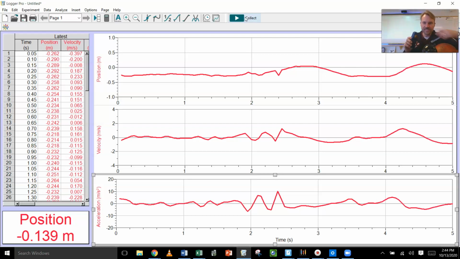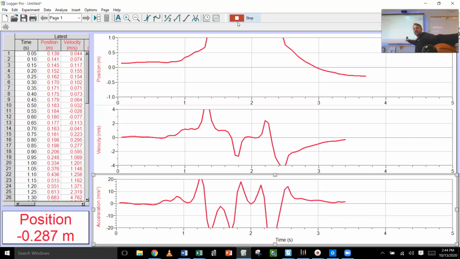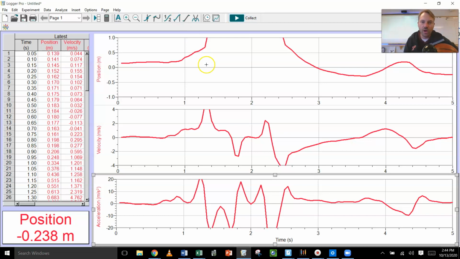It's sonar. It's sending out a click, and it listens for the reflection off of an object. From the whole velocity equals distance over time, because the speed of sound is 343 meters a second, it knows how far away you are. So it compiles all the data over here, and then it graphs it over there. So I can look at position. I'll point it at the back wall rack here. Watch this. If I move it farther away, closer, farther away, closer,